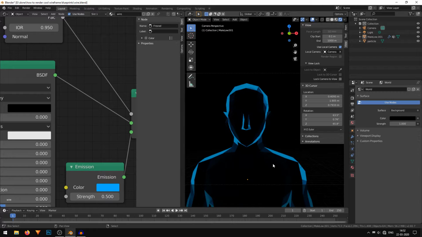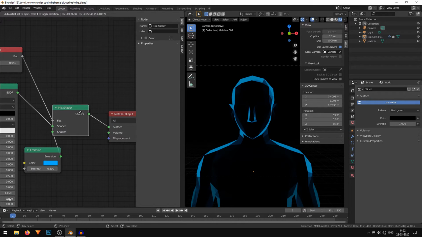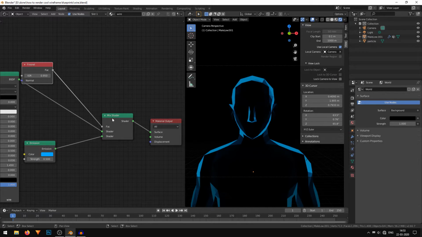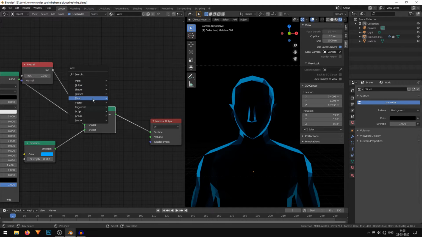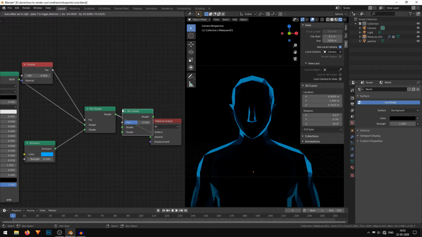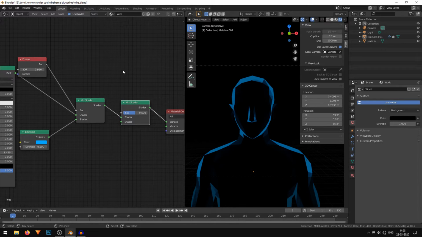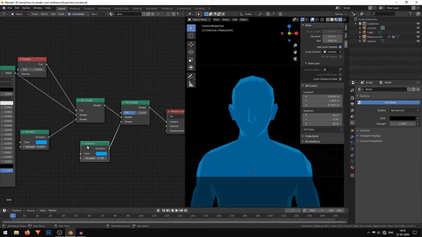But now we want to render a wireframe on top of this. What we need is a mix shader. So under the shader, add a mix shader and pop that right in here. I'll duplicate this emission shader by hitting Shift D and connect the emission into the bottom.